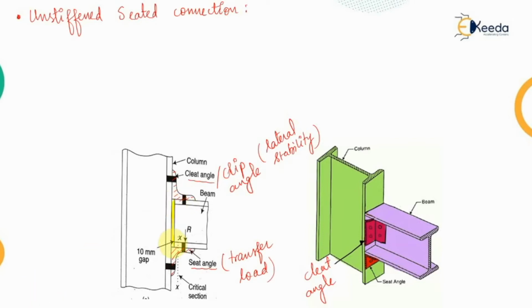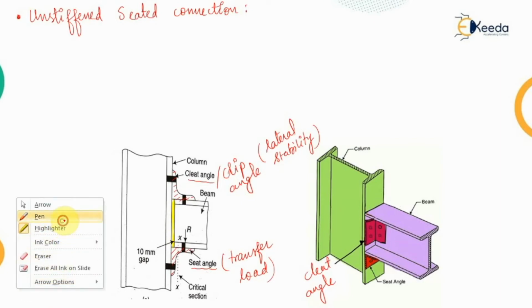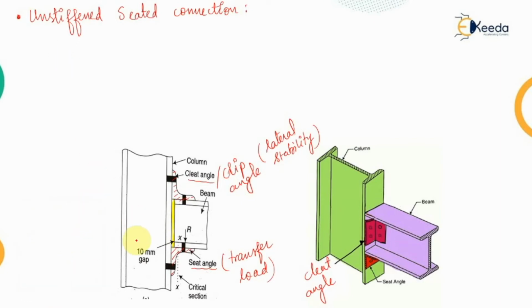So now when we are providing this unstiffened type of seated connection, the beam and column have a gap between them. A gap has to be maintained between the beam and the column, and usually this gap is kept at 10 millimeters. The purpose of providing this gap is to maintain the flexibility of the connection, because the type of connection that we are looking at here falls under the category of flexible connections. That means the connections which are designed only for the shear, because if this connection is rigid, in that case there will be a restraining moment available here, and for design purposes we need to take care of that moment also.